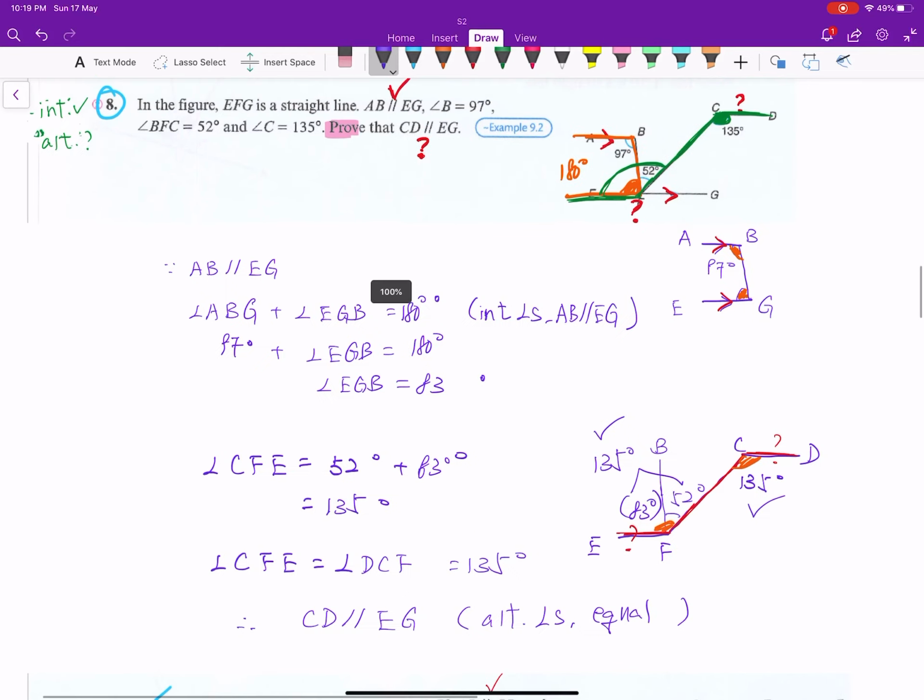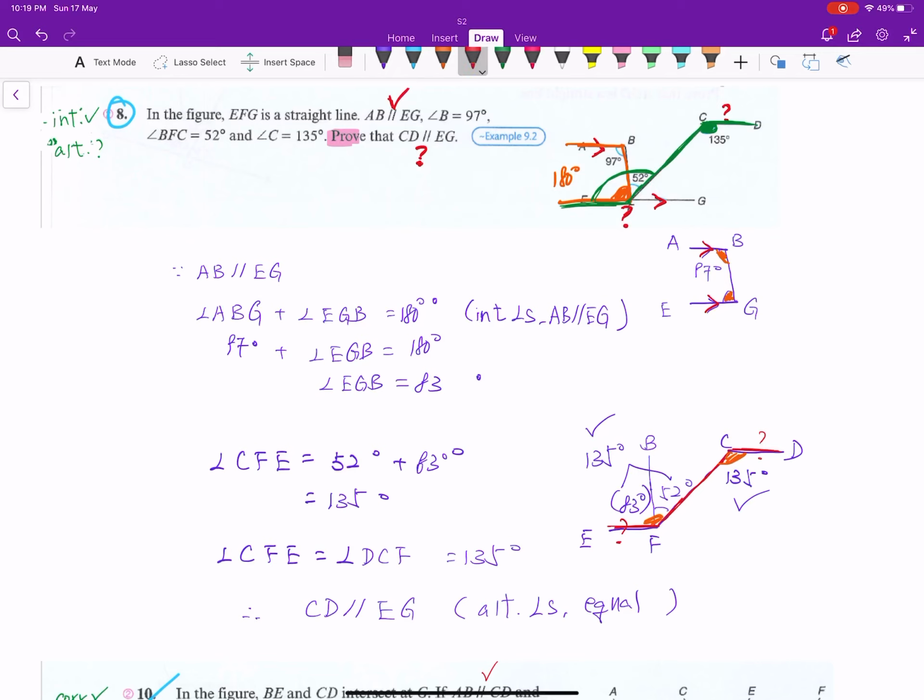So in this example, you can see we first apply the parallel lines to use the interior angles summing up to 180 degrees, and then secondly we check if the alternate angles are equal to prove another pair of parallel lines. Okay,